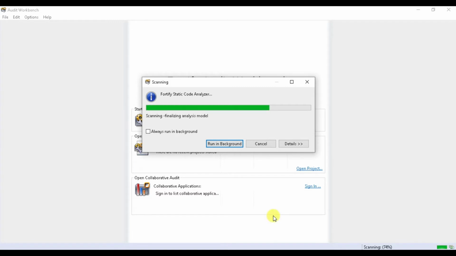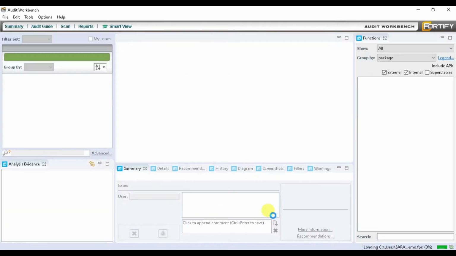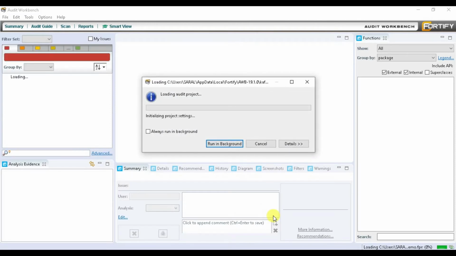I think it is now scanning, and you can see that it's doing some configuration analysis, and then it is doing some structure analysis. So it is doing control flow checks. It is running against those static rules. Just wait for it, and I believe that it has now done those things, and it is just loading the report.